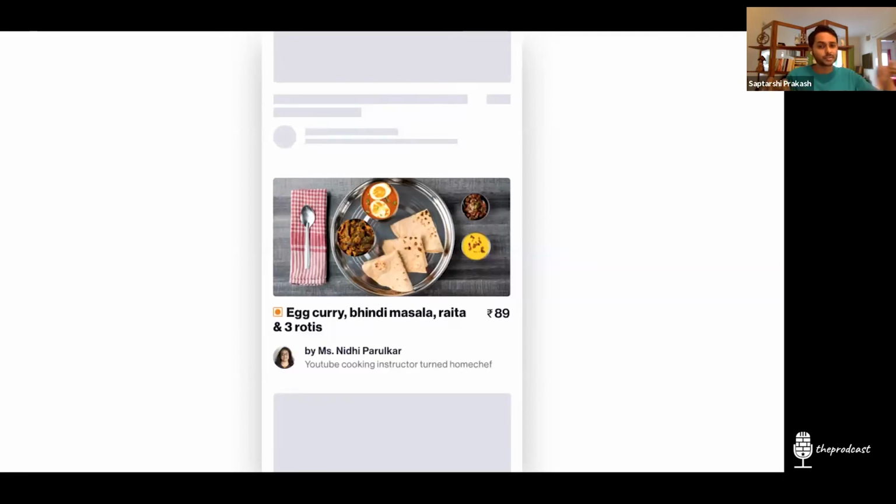Although functionally it is just like Swiggy, it's more like an emotion, where we are trying to show you that home food is a more emotional thing than a tasty thing. Of course, an egg curry which you buy from a restaurant with a lot of butter and masala and ghee would taste much better, but this has a different feel to it, and we wanted that emotion to come out of it. This is where design comes into the picture, right?